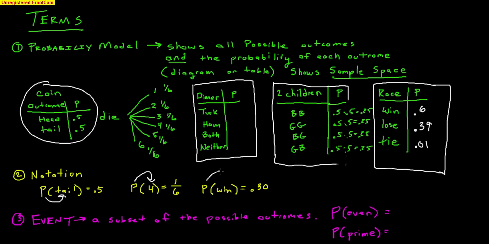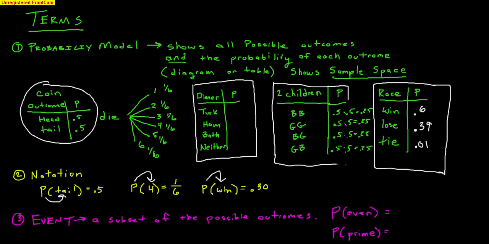The probability that I win a race is 30%. Again, just know that P is for probability. This does not mean P times win or anything like that. This is just notation for talking about the probability of an event. Now, the third term is this term event. I've used this word event, but understand that event is a subset of the possible